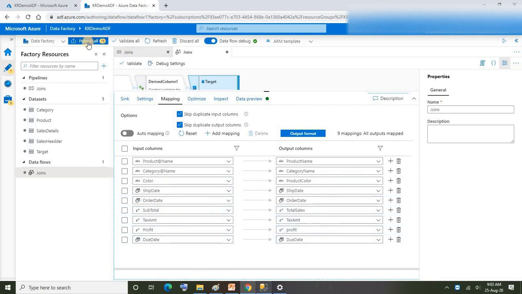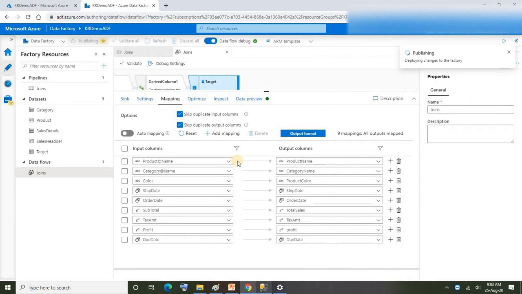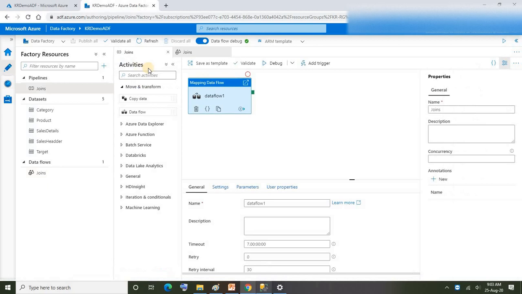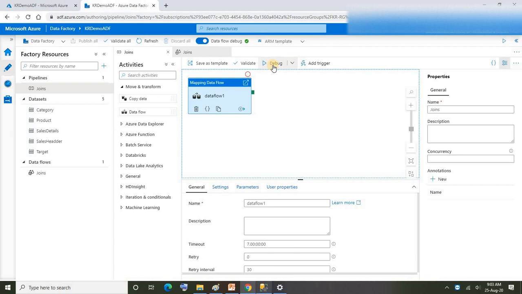Fine. Now let's go ahead and publish it. When I publish, automatically the data flow will be saved. All our datasets also will be saved. Alright, now let's go ahead and execute our data flow activity. For that I'm going to go to the data flow here. Let's say debug. I hope all settings are done. Hopefully it will be executed successfully. Let's see, in case you are getting errors, we'll go ahead and resolve. That's it. Let's go ahead and click on debug.